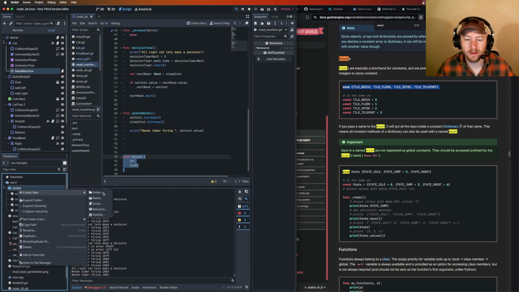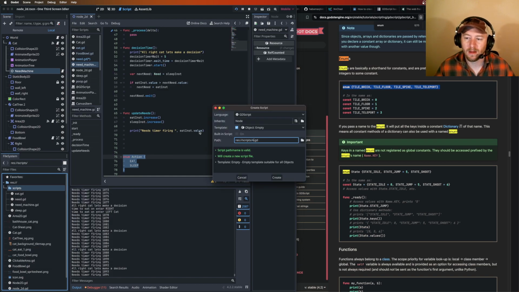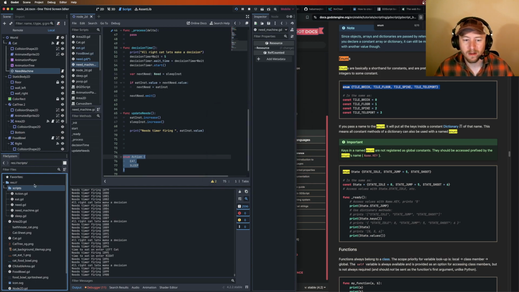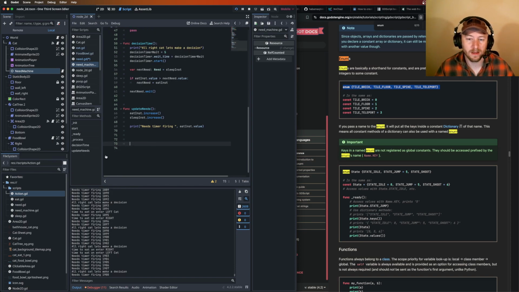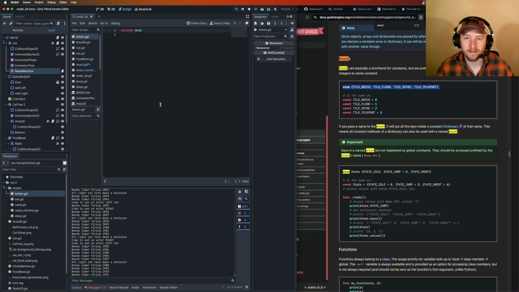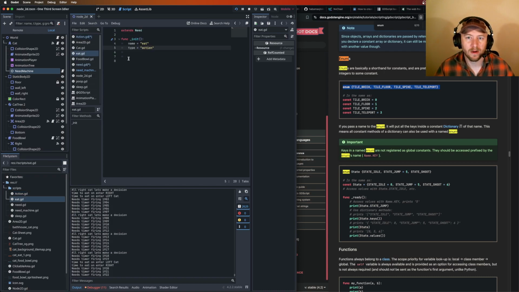All right, let's create a new script. Maybe this should be a resource. Maybe this is an example of a resource. I'm not really sure. No, it doesn't extend anything. It just has this. All right. But for eat,